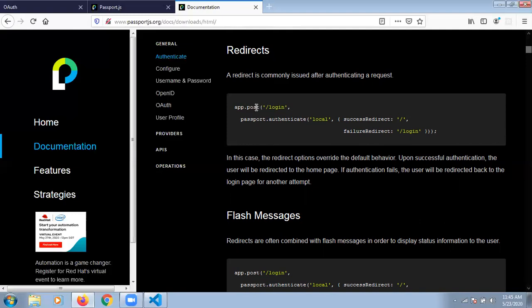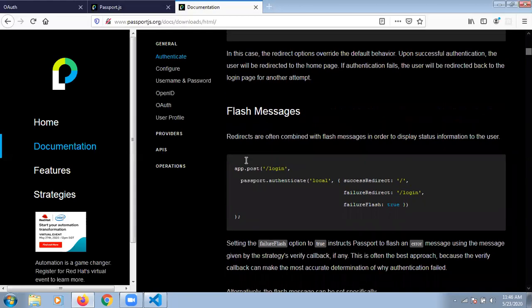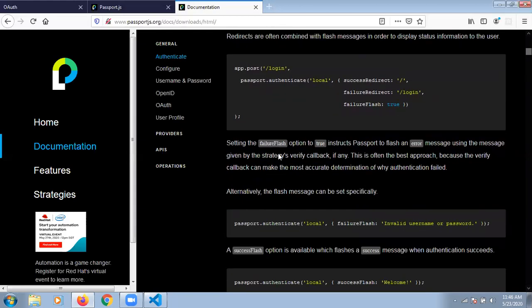Whenever the backend server is taking data from the user, it is always a post. You have to understand that post is a method which posts some data from the client side to the server side. So this is the method we use as a post method for sending data, and for getting the data, we use the get method.